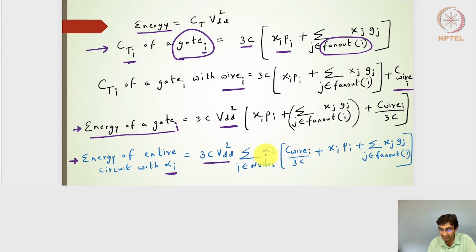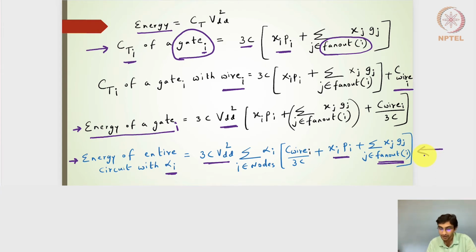And within this summation, I will have an activity factor, which will be the activity factor of the individual gate outputs, alpha i, multiplied by the entire capacitance we have. The entire capacitance will be C wire of i divided by 3C, plus the parasitics at that particular node i, plus the input capacitance reflected at the node i due to the number of branches we have. So in that sense, I will have this expression as the energy of the entire circuit accommodating the alpha